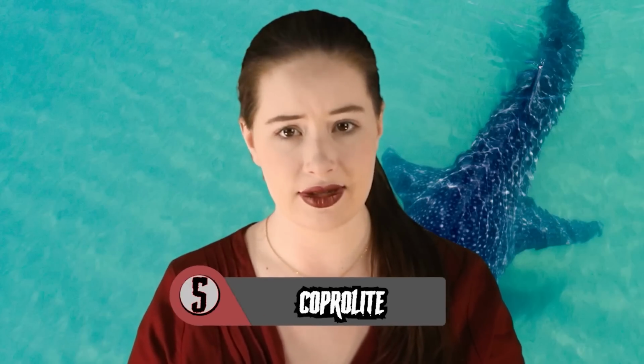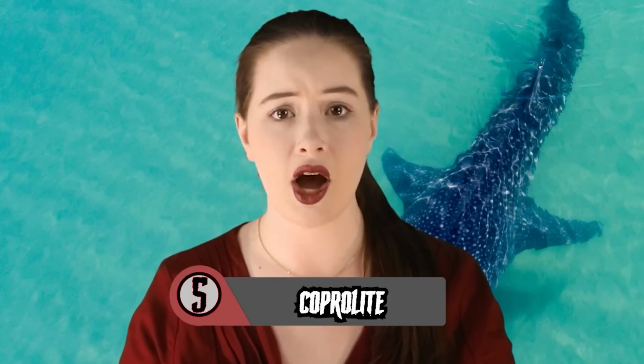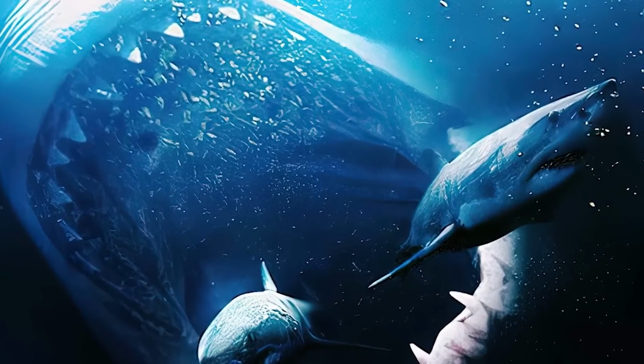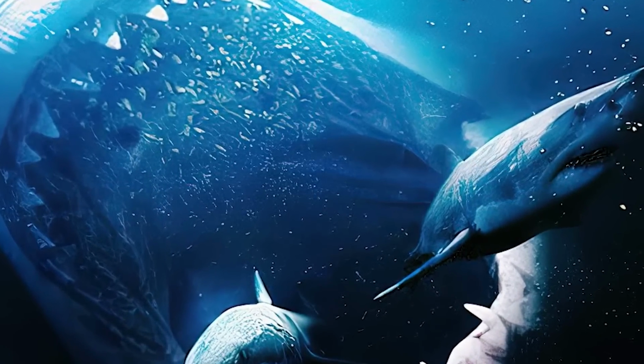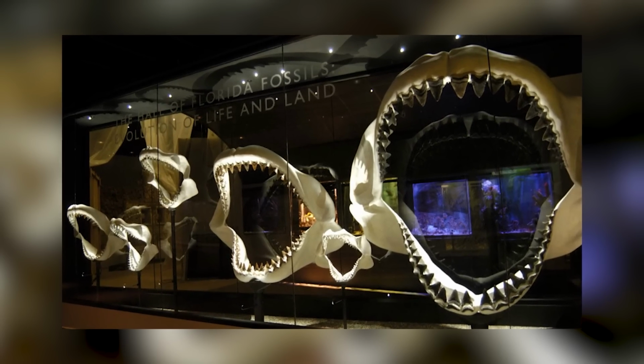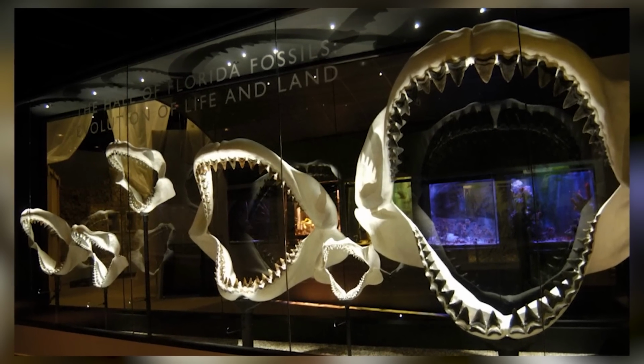Kicking off this list in 5th place, we have the crappiest entry on the list, scientifically known as Coprolite. The word Coprolite originates from a combination of the Greek words kopros, which means dung, and lithos, meaning rock, with this type of fossils being amongst some of the oldest collected throughout history to gain knowledge of species that came before us humans. The specimens that have been found to date from Megalodons are spiral-shaped, indicating that the shark's lower